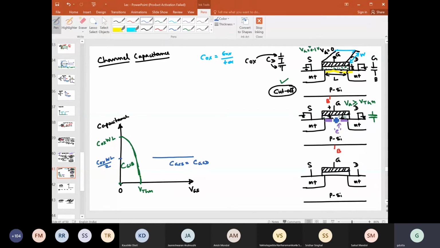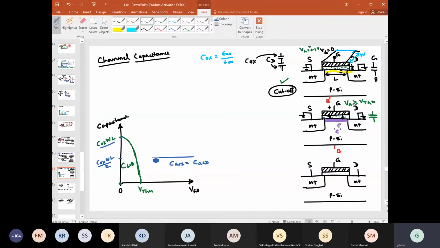And the capacitance is the same capacitance whose value is given here, right, at 0, because now the separation between the gate and the channel is only the Tox. So the capacitance will be the same, but it is now divided in two parts. You can think this and this. So it is this way.